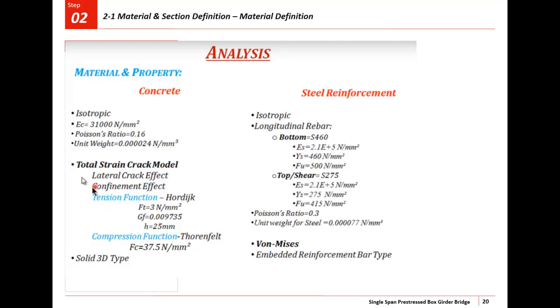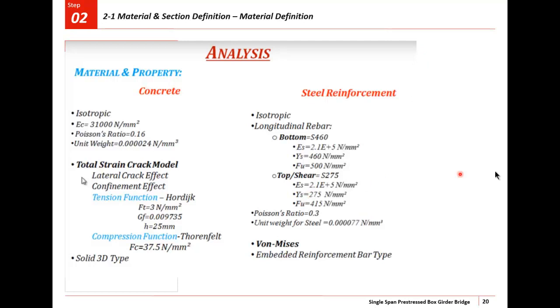For tension softening we have modeled a Hordijk model where properties are likewise, and for compression softening we have used Thorenfeldt, and the element is solid 3D. For steel reinforcement we have used isotropic. For longitudinal bottom end shear was provided according to this Poisson ratio, and von Mises was used for reinforcement as well as